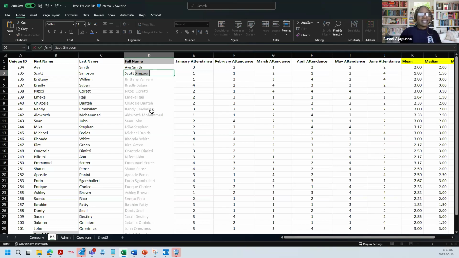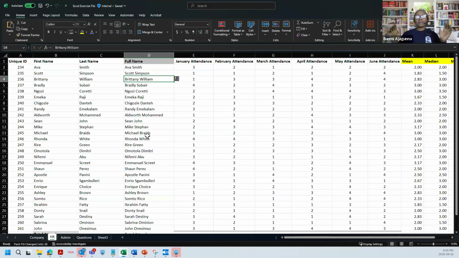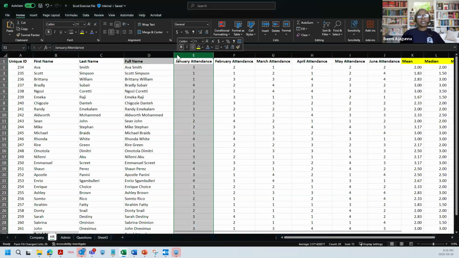Scott. Can you see what's happening? As I'm typing Scott Simpson, my flash fill is already up, suggesting, should it do everybody like this? All I need to do is press enter on my laptop and it already fills everybody up. See how that happened? No formulas are in there, but it filled it already for me because it sort of saw the pattern and then it complied. That's what they call flash fill. That's one method.